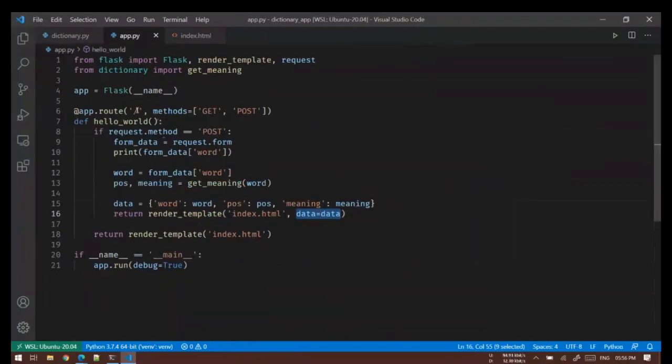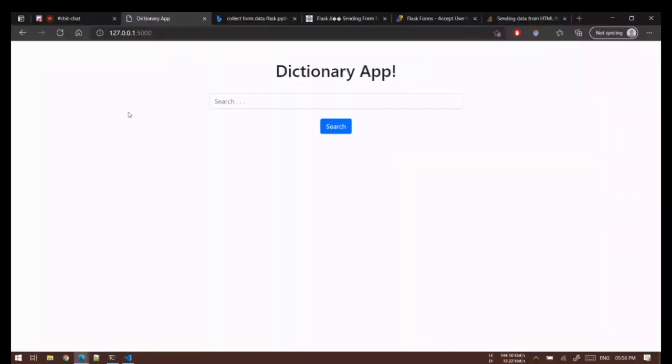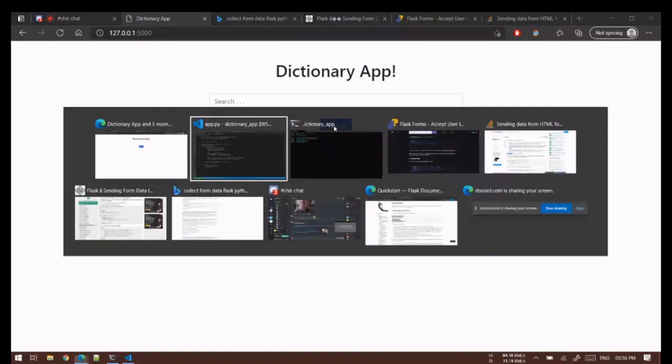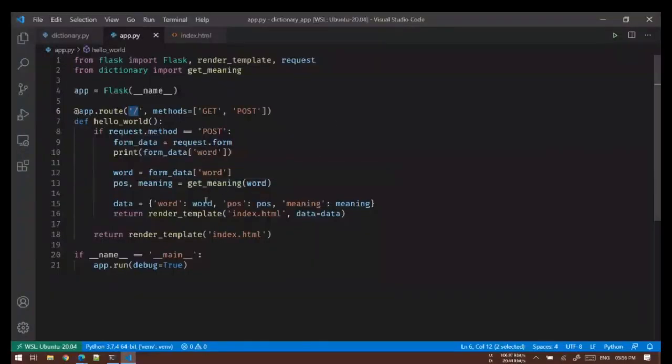Okay, then here we are saying, since we are making a simple web app, that is the reason why I'm not creating a separate page that after search it should visit some other page and there it should show the meaning, since it's supposed to be a single web app. So we are doing everything under one route. So how do we segregate it? We are saying if the request method used was post, then take the form and extract the word from it. Once we have the word, assign it to word and get the meaning and part of speech, and then we already know how to pass it to the front end.